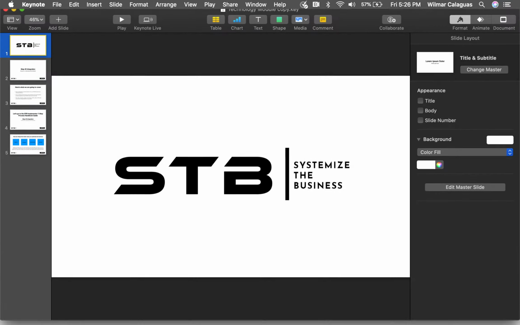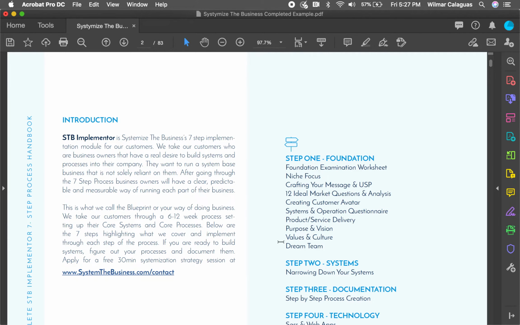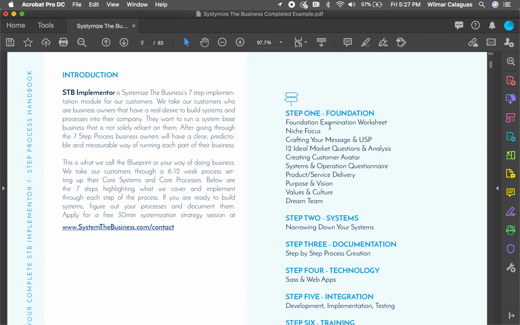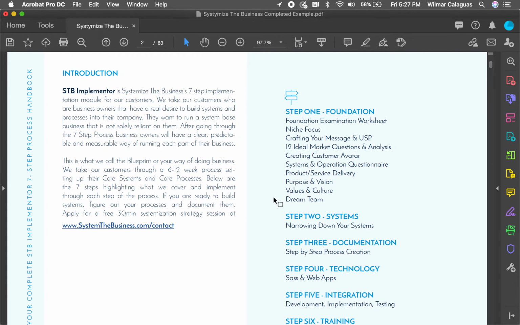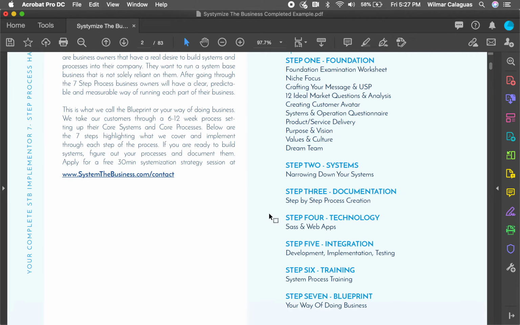So let's go back to just what we just covered. We've gone through step 1, figuring out exactly what you want to do, who, what, where, when, and how, and who you're going to work with, and then having the vision and mission of exactly what you want to accomplish in your business. And then through knowing your foundation, you get to step 2, and it's really just narrowing down